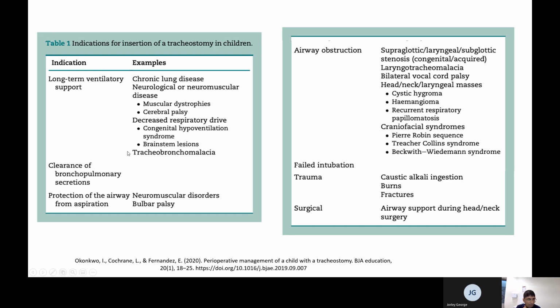Also other airway conditions like tracheobronchomalacia may increase the work of breathing, and these patients may need PEEP and respiratory support to help with their breathing, to support their growth and development, and so on. Another group of patients is protection of airway, and